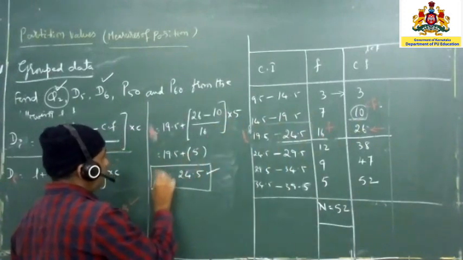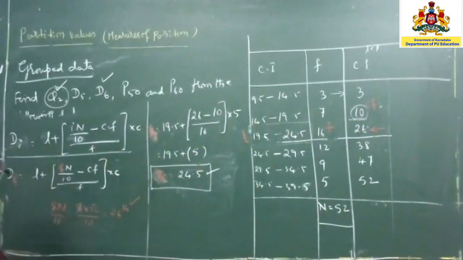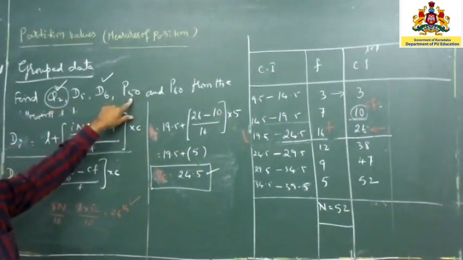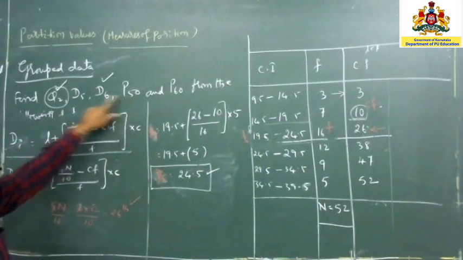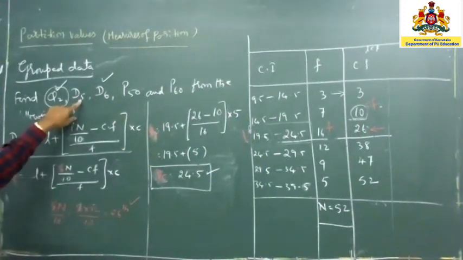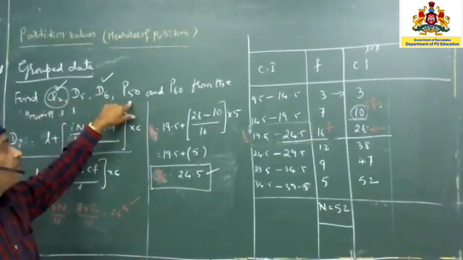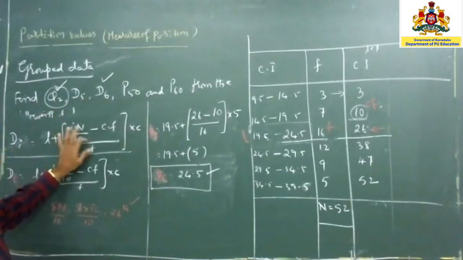So this is going to be D5. As we know already, the second quartile, that is 50% of the quartile, is nothing but 50% of the decile. So we can write it as Q2 is equal to D5, and D5 is equal to P50, because in the 100, 50th is the middle one, and in the deciles 10, 5 is the middle one, and in the quartiles 2 is the middle one. So it means Q2 value, D5 value and P50 value should get the same thing in this data, or else it is wrong. Okay.